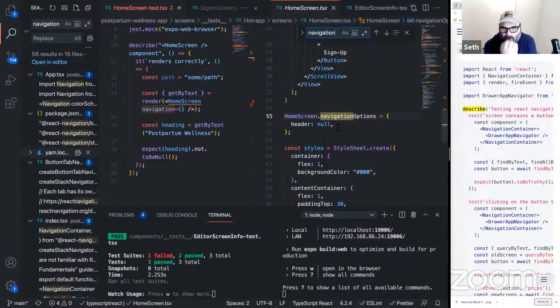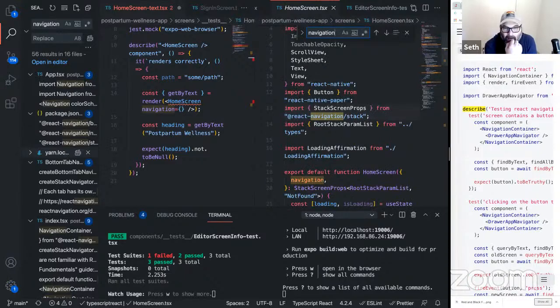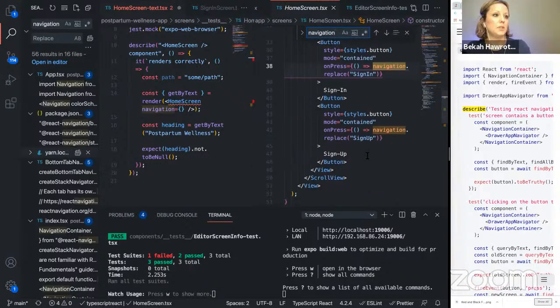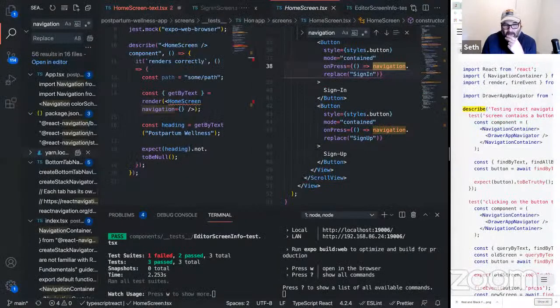So go back to where it was being used on 38 and also in the sign up. So what we're doing here is we're just saying replace sign in on press. Oh, and it takes us to the sign in component. Yeah. So then we would need to, on the left side, I don't think we need a component there on the test itself.